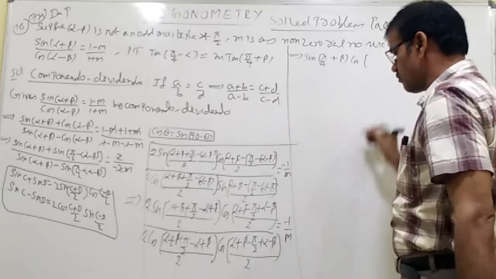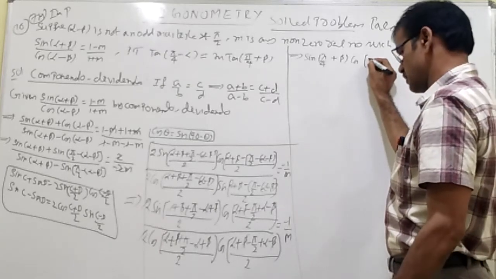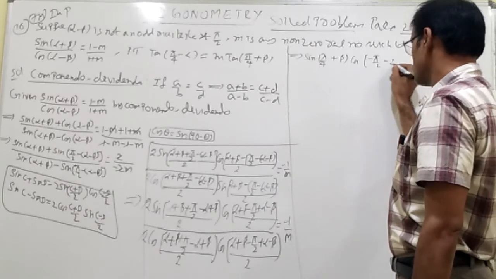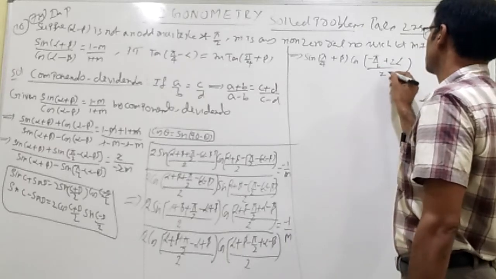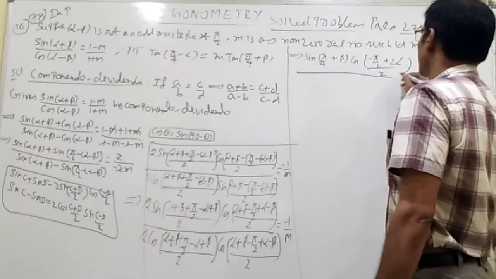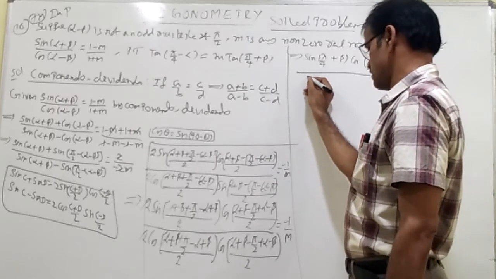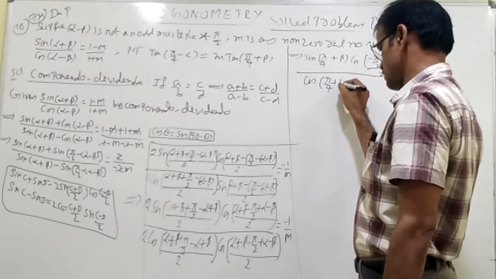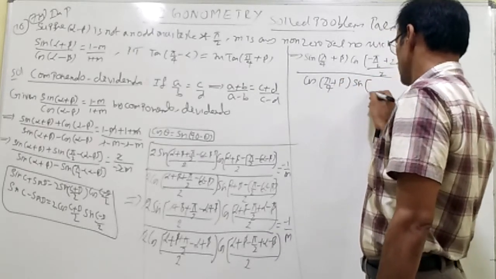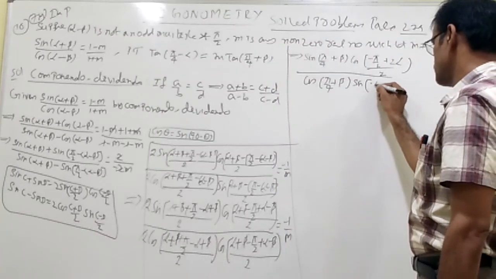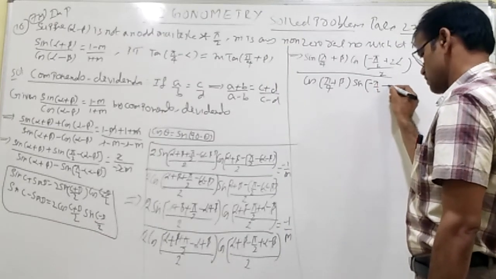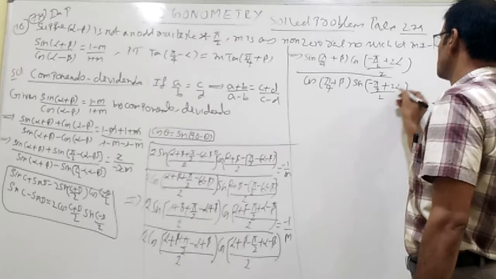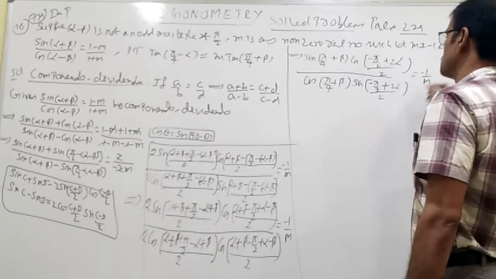Now I am taking minus common. Cos of minus pi by 2 plus 2 alpha, whole by 2, like this. This one only I had written directly here: cos of minus pi by 2 plus 2 alpha. In the similar way here, pi by 4 plus beta into sine of minus pi by 2 plus 2 alpha, whole by 2, is equal to minus 1 by m.